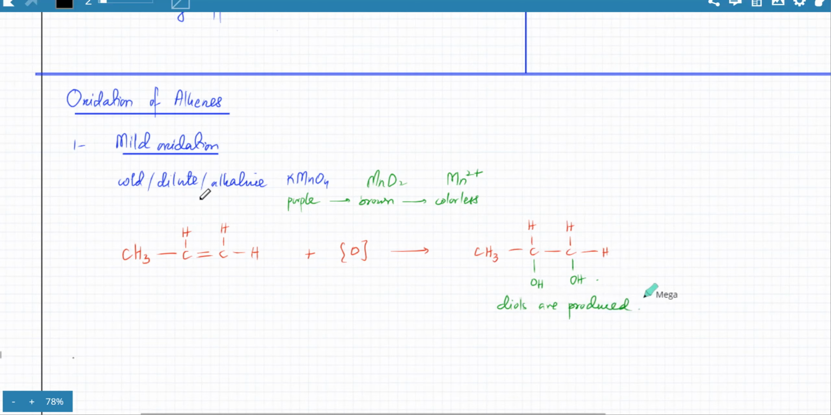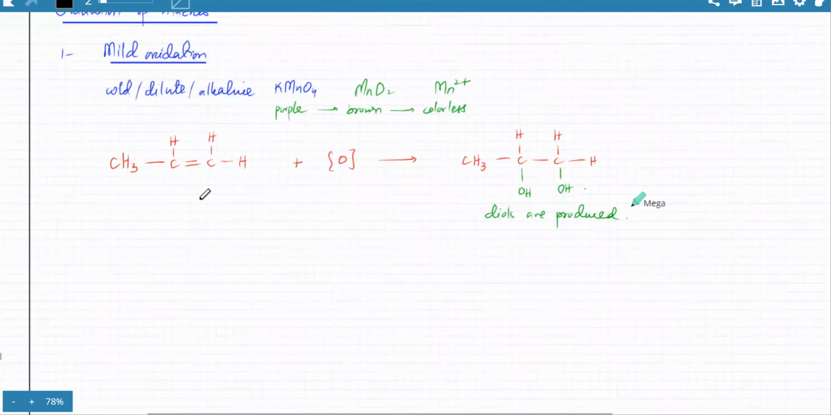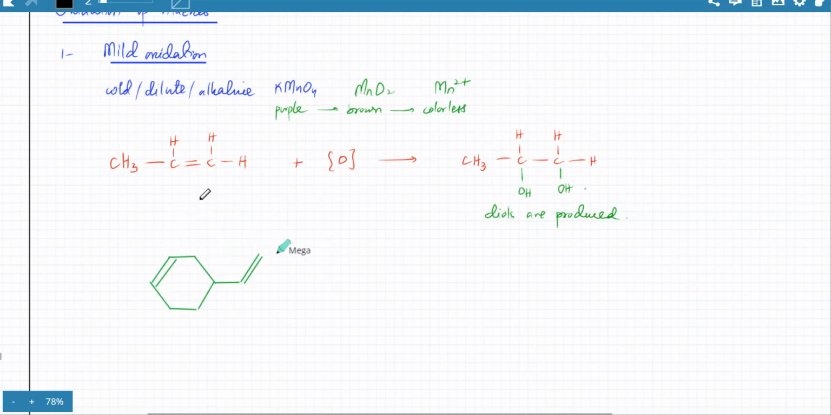What you simply need to do is, whenever you see a double bond, just add OH groups to it. Like if I have a molecule, let me draw a molecule. So if I have this molecule, there's a double bond here and there's a double bond here. Let's say this is the molecule and I want to do mild oxidation for this molecule. What's going to happen is the product of this reaction would be that,